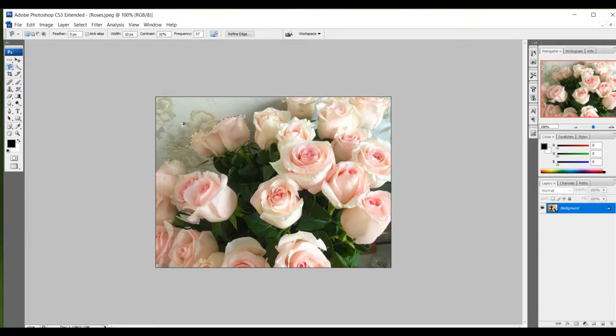Now, the quick selection tool. The last tool, which we are going to learn for today, is the quick selection tool. So this is our quick selection tool. Let me select the quick selection tool. As I click on this tool, what will happen? This tool is used for quick selection. As you drag the mouse, the selection expands outward and automatically finds and follows the defined edges in the images.